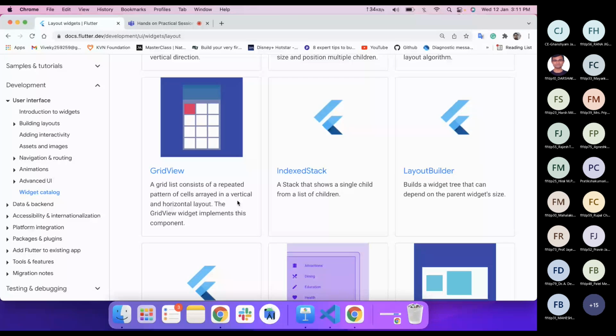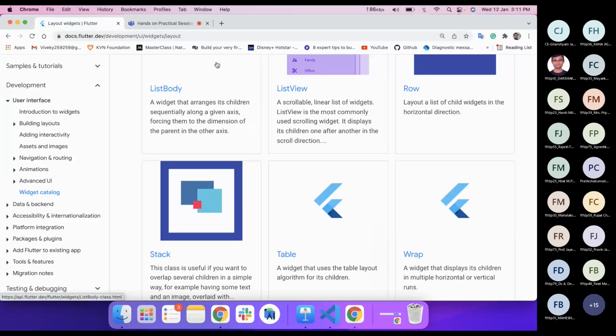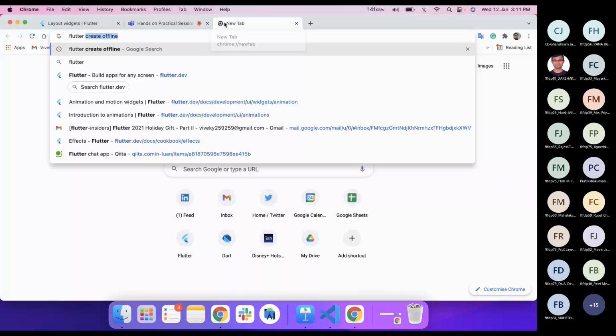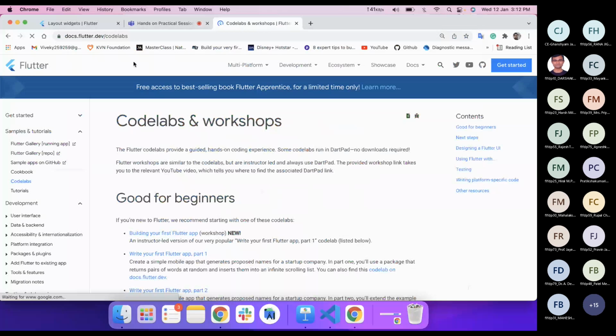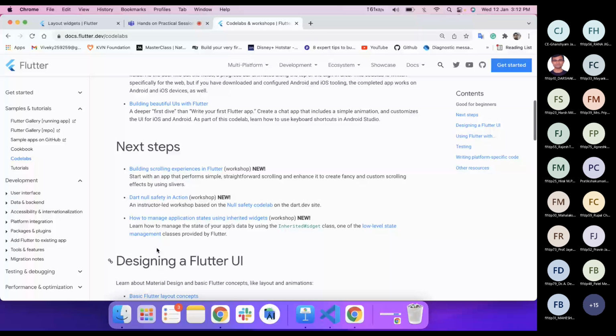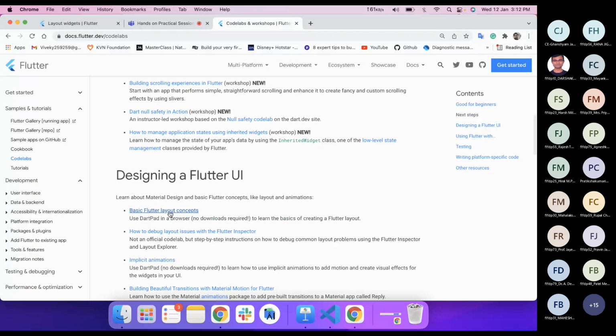So now let me show you something. If you Google Flutter code labs, you will land on this particular page. And here there is Build basic Flutter layout concepts.